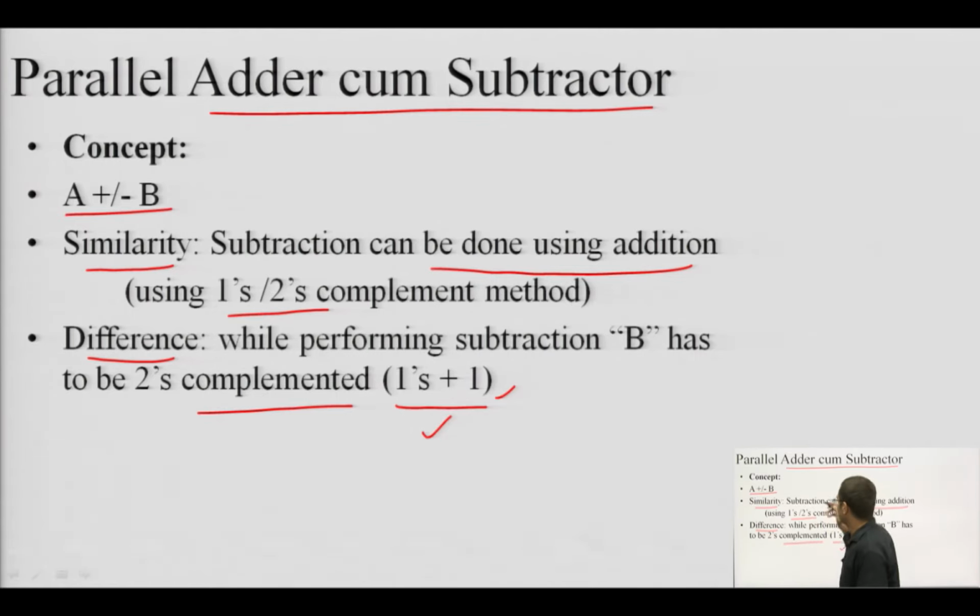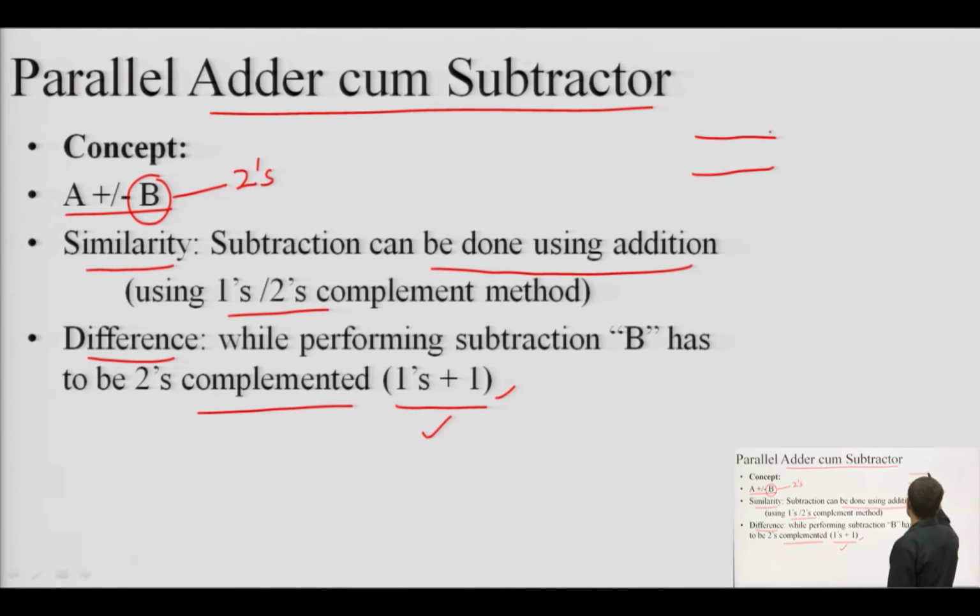That means, if I am interested in a plus minus b, then b's 2's complement will be added to a. So, while performing addition I do not want to perform the complement, and while performing subtraction I want to perform the complement. That means, a single NOT gate is not capable of performing this conditional complement. So, I have to use something else.